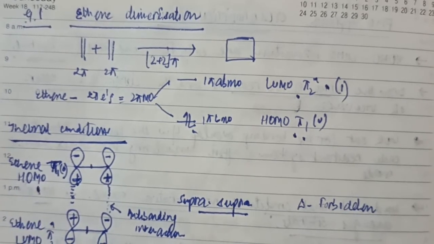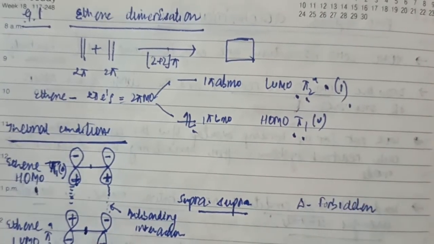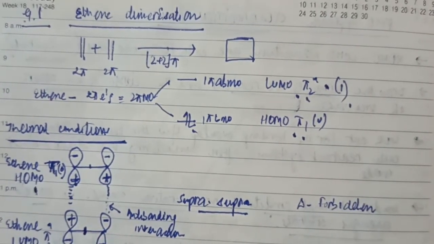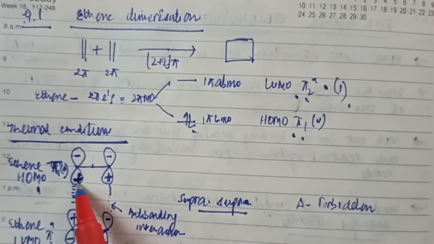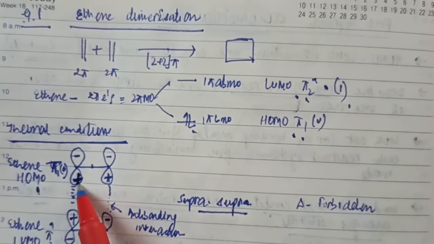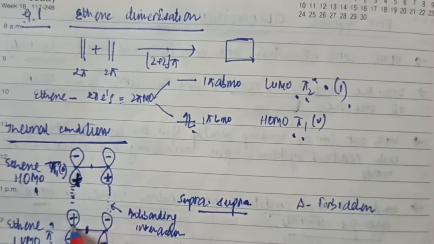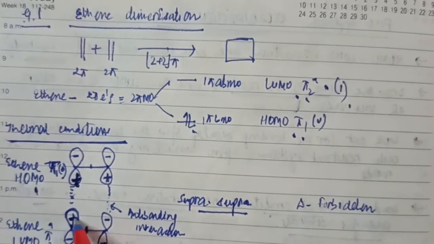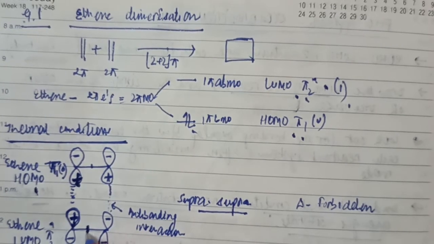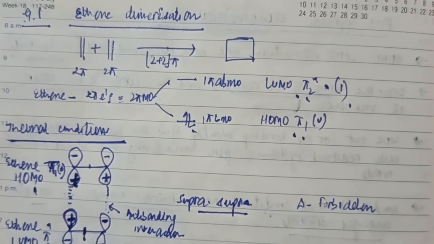What is the LUMO of the second? The LUMO of the second is pi star, which has one node here. Now I try to keep this orbital's lower lobe sign and this reactant's orbital upper lobe sign similar. So one thing I can do is keep a similar sign. Since there is one node that will come here, this will be negative, right? So this is my reactant system.